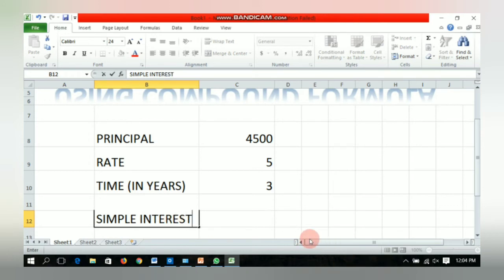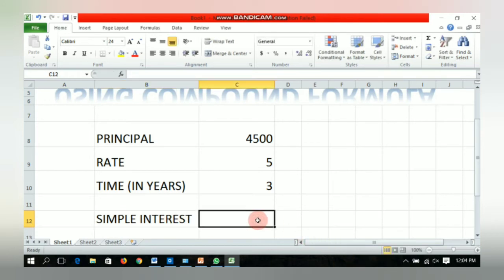Here we will get the answer. What we have to do is select the range. First of all, we will write equal to.